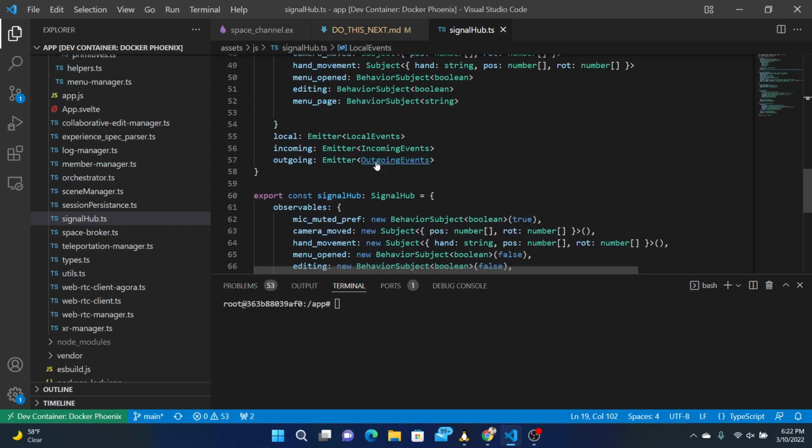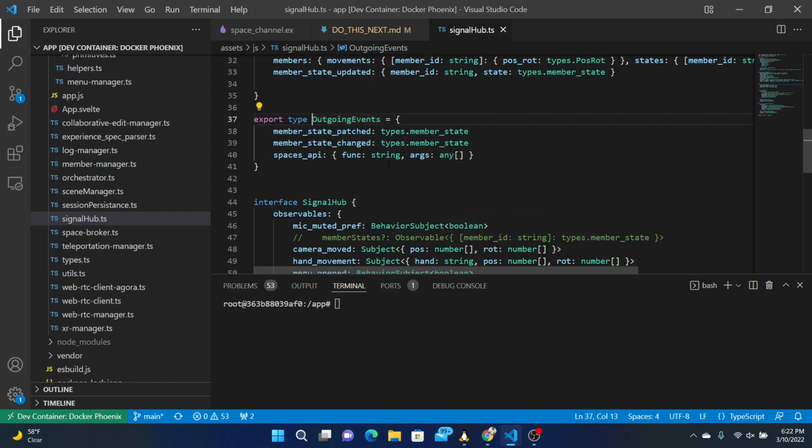Outgoing is outgoing events, member state patch, member state changed. Speak to the API. I think we can just fix it if we just say outgoing events just